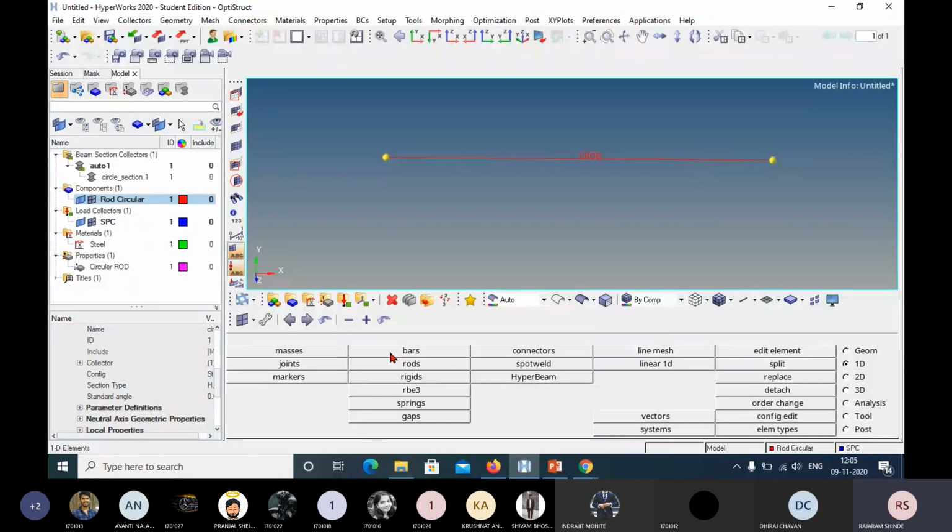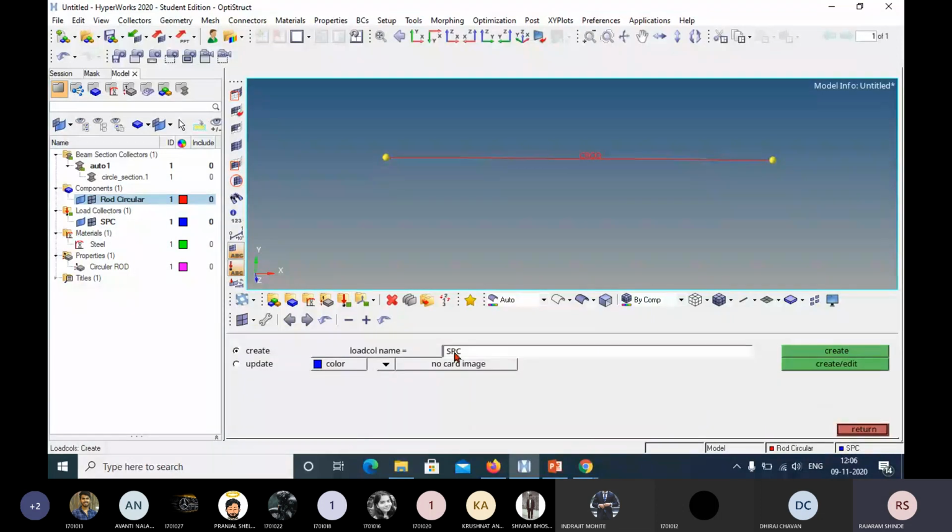Okay, I will create one more load collector. It is for force. Again I will repeat the same procedure. Click on this. Now I will enter here force. Now I will use another color.